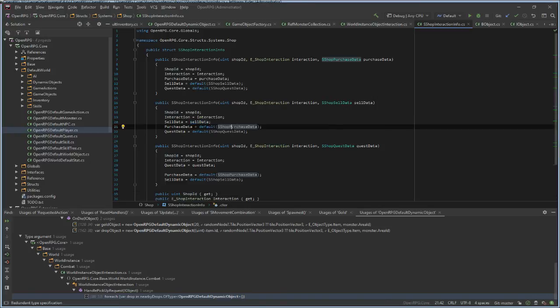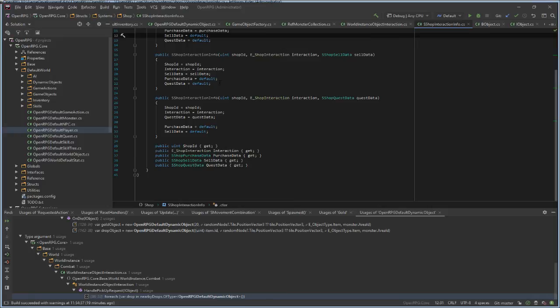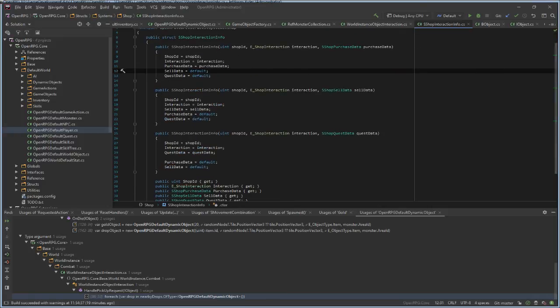If you want to sell an item, you can do this and specify the interaction type and give it the sell data.